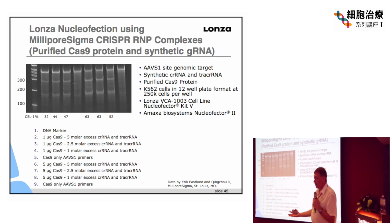However, they got contradictory results when you look at the 5 microgram sample. At the 5 molar excess, they got 63. Actually, the 5 and the 2.5 molar excess, they got 63, which implies that the system was saturated at this point. But then they dropped it down to 1 molar excess, and it dropped down to 52% indel formation. I don't really know how to interpret this, except that